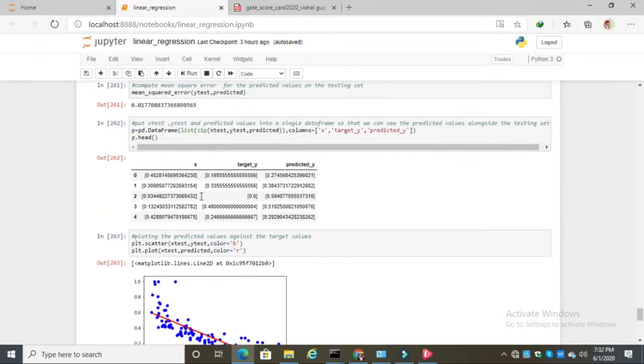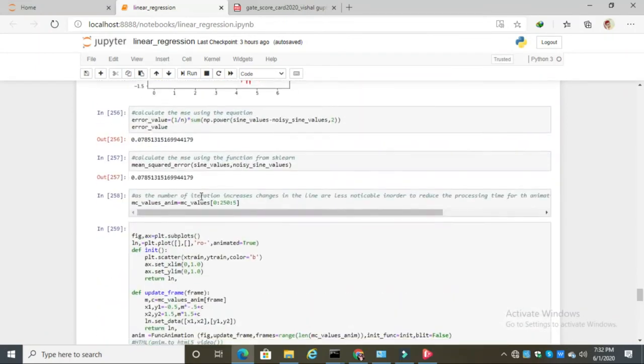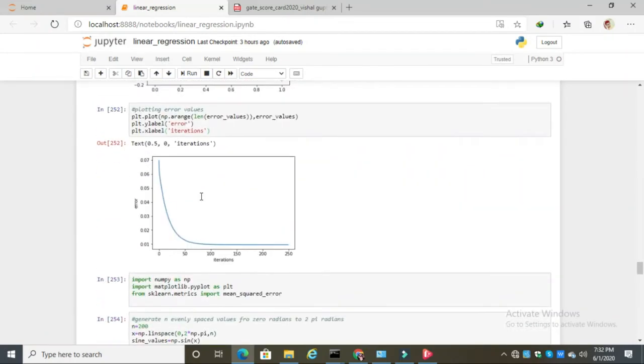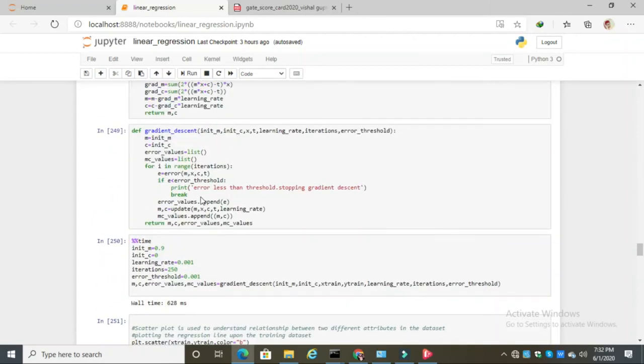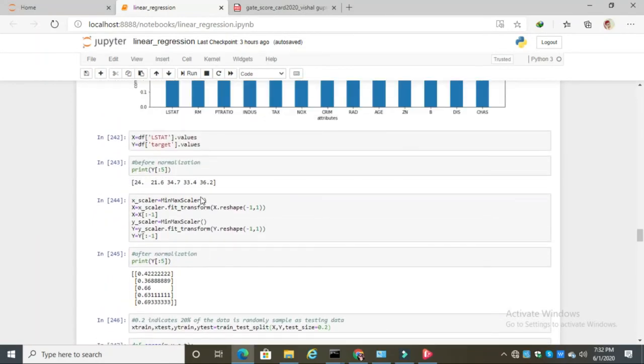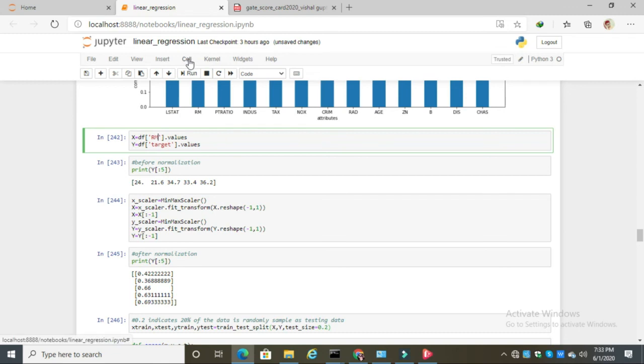Now I will show you, if I change the LSTAT value to RM, which changes will we get in our training data. I am changing LSTAT to RM and running all the cells.